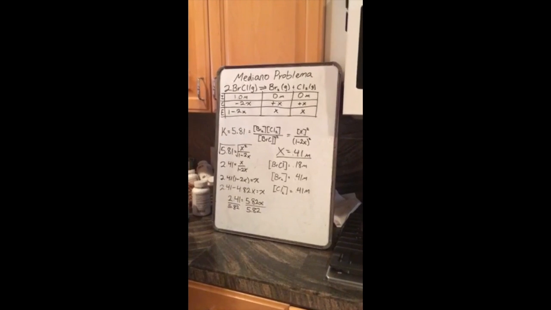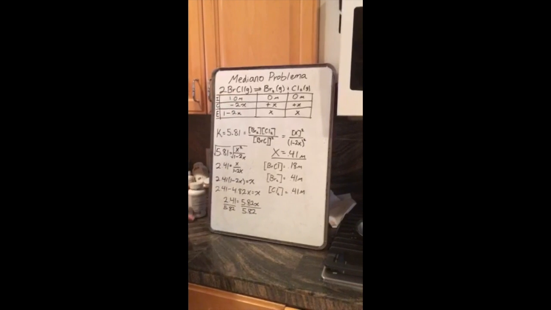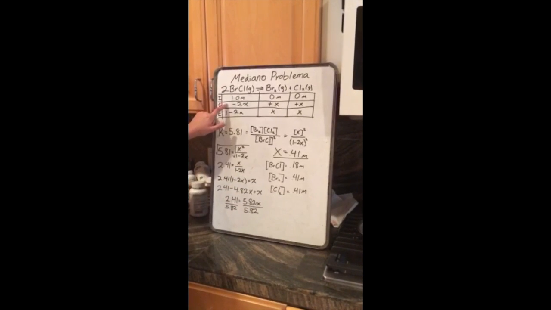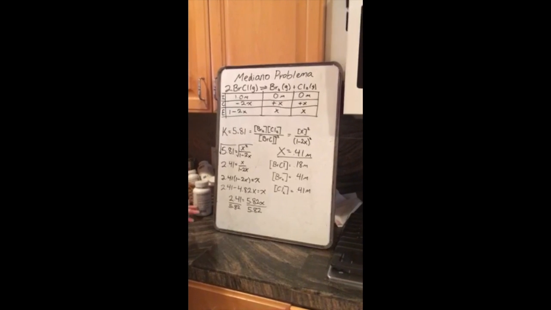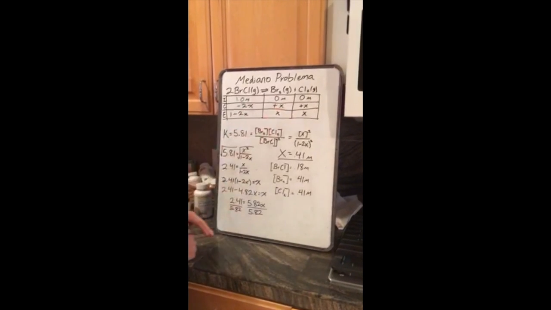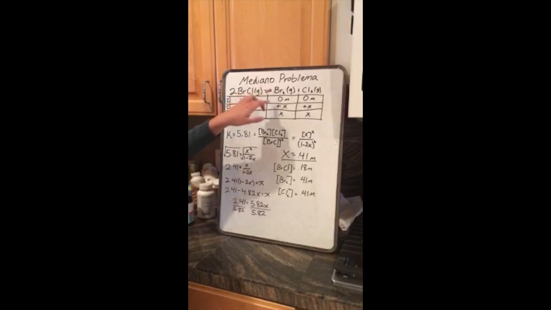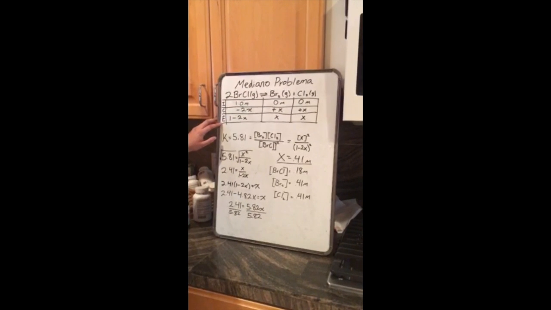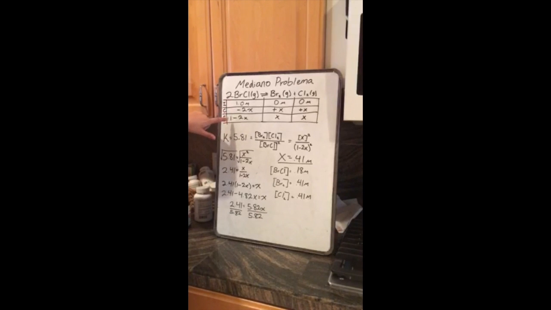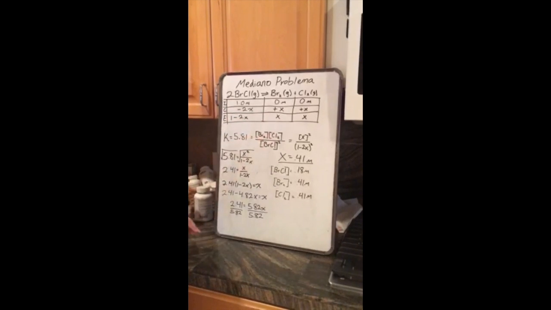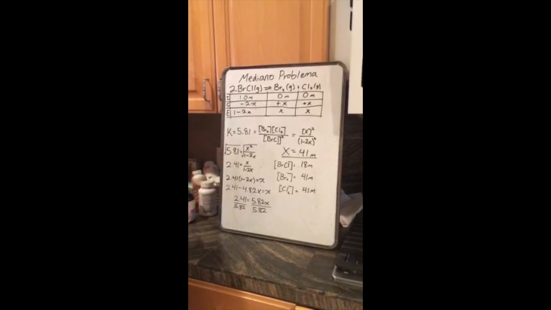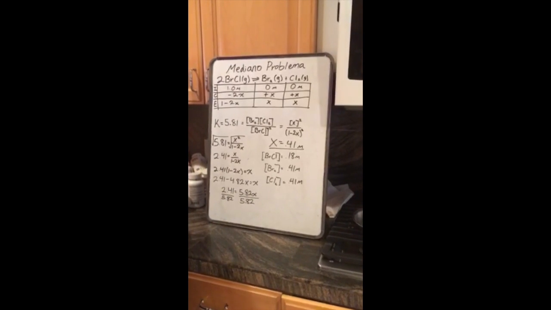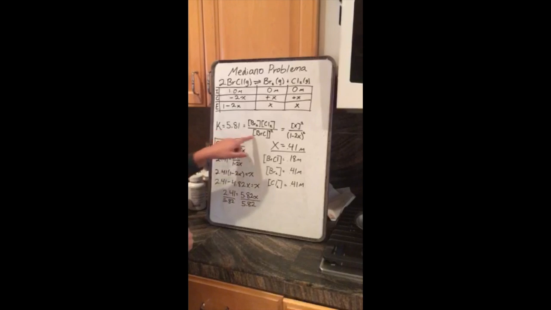So you have 2 BrCl, and then it reacts and becomes Br2 and Cl2, and you're given your initial concentration, so you have 1 of your reactants and 0 of your products, and because there's a 2 right here, you're decreasing or subtracting 2x, and then here you're adding x and x, because there's 1 and 1. So then to find your equilibrium, you're going to do 1 minus 2x, and then just x and x. And you're given K in this problem, so K equals 5.81, and then you set it equal to the equilibrium concentration